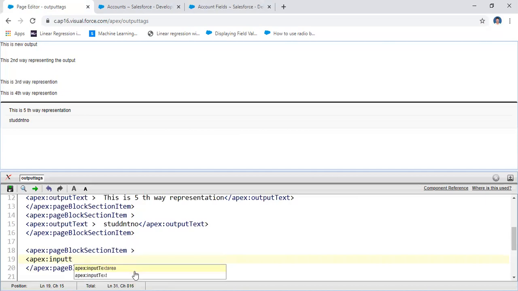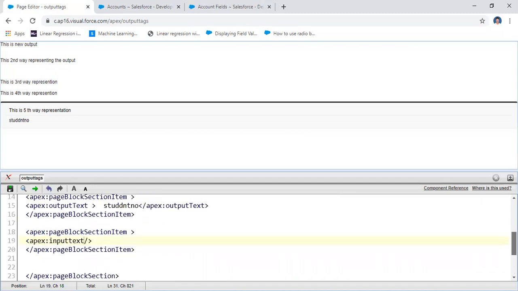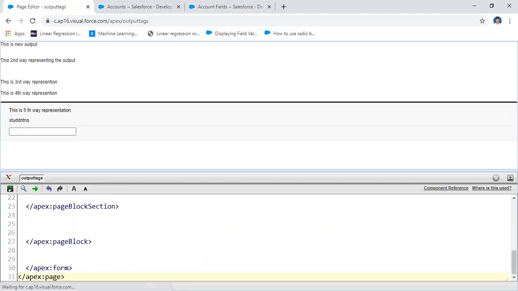Input text. How can you use the input text here? In the input text you may apply the id equal to. Now I'm not doing anything here. Under the input text, okay, I'll leave it, no problem. Yeah, it displays like this.